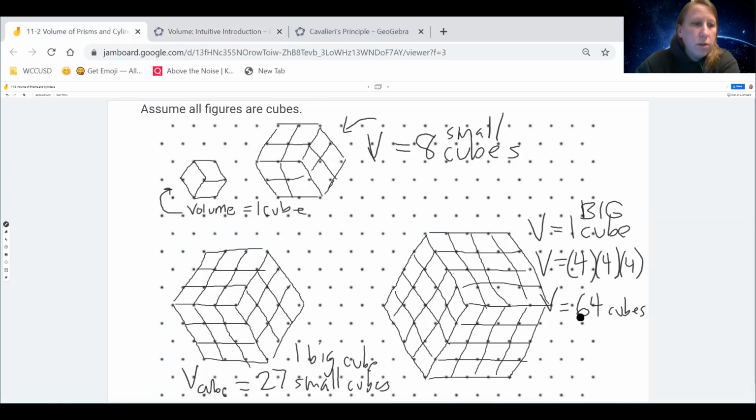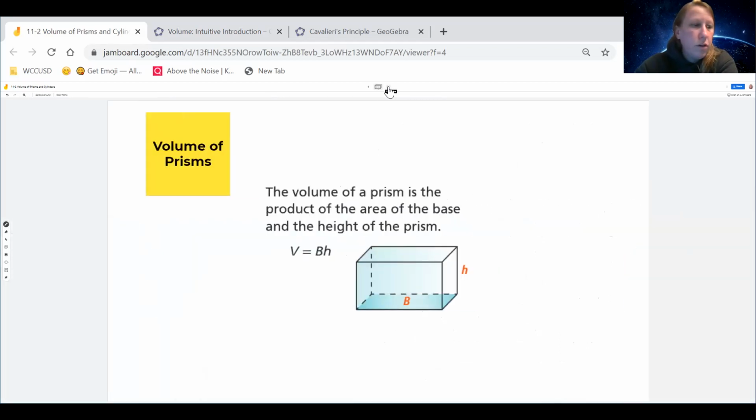So volume is the number of cubes that fit inside a figure. Volume is the number of cubes. 16 times 4. The volume of prisms is simply the product of the area of the base times the height of the prism. And we were kind of playing with that idea already. So the way that you would read this is the big B stands for base area. Base area. I'm going to write that. The capital B in the formula